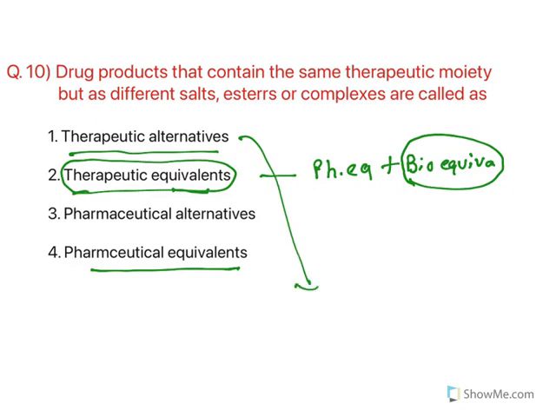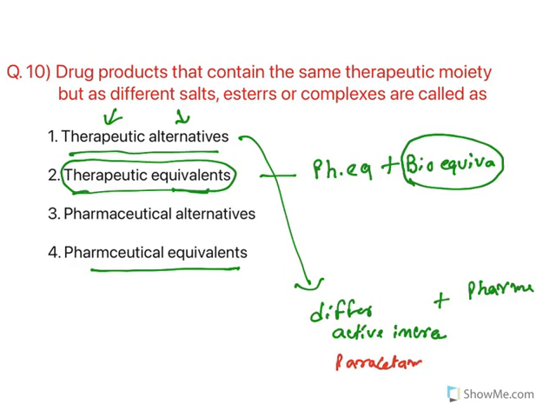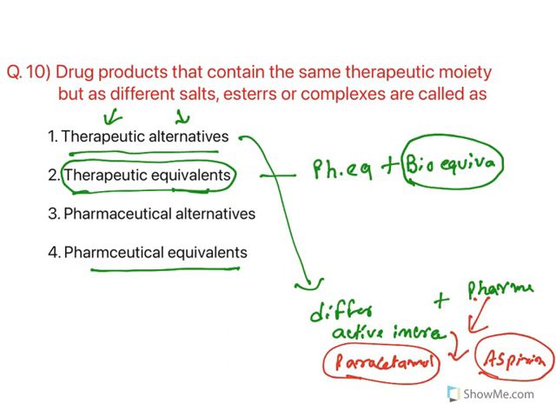Whereas therapeutic alternative, see, in therapy you are giving an alternative. That means you can have a different active ingredient, but it should belong to the same pharmacological class. Let me give you one example. Let's say someone has pain. If he is taking paracetamol, it will treat pain, fever and inflammation. Aspirin will become a therapeutic alternative. It is also an NSAID. This one is also an NSAID. The pharmacological class is the same, but the ingredient is different. That is called a therapeutic alternative. Pause the video and go through the terms again, which are important.